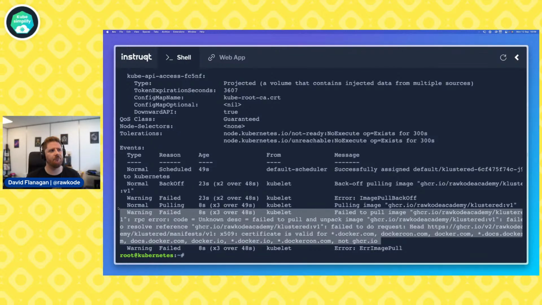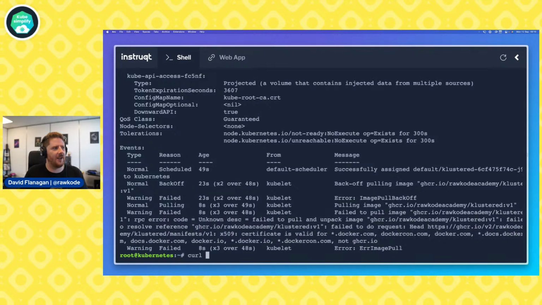Now, I said this is not like a regular production break, but a lot of people do like to run pull-through caches, especially in their clusters, which could have limited networking capabilities to the outside world, restricted egress traffic, or perhaps you're trying to minimize your ingress costs by not pulling down huge images from the external internet all the time. So running a pull-through cache is actually a really nice way of doing it, and that could lead to misconfiguration. However, in this instance, it is malicious intent. I'm going to give you one more clue and one more minute to guess what this error is, and then I'll reveal what it is.